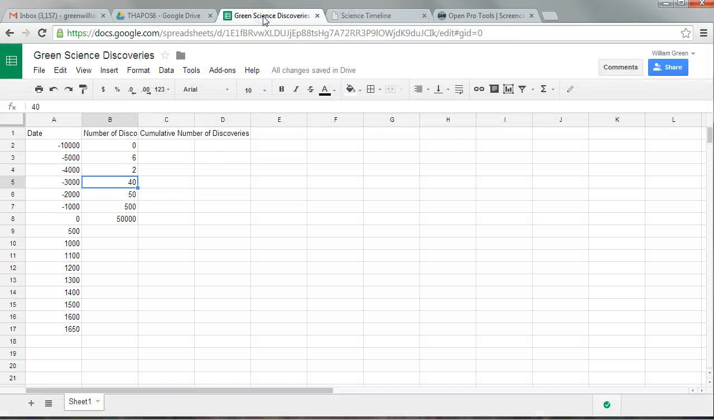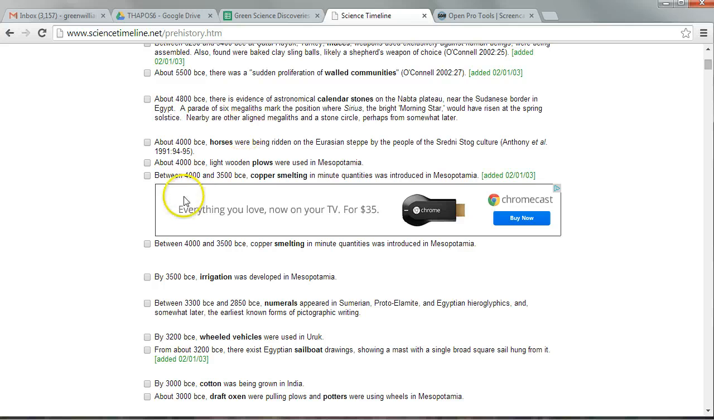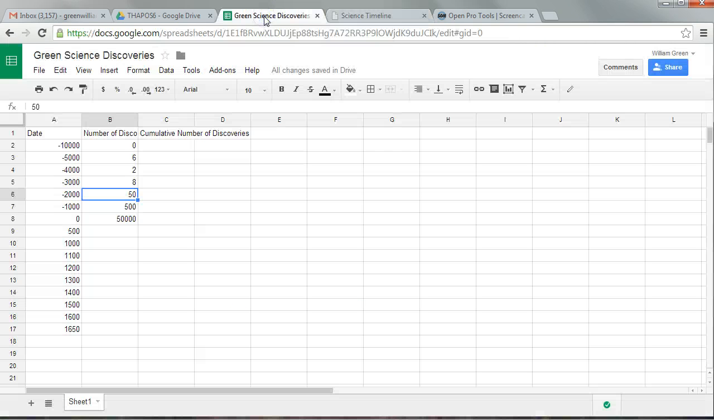Okay. Notice how these numbers work. Notice how they're actually getting smaller. That's because this is the number of years before a certain time, before the year 0. All right, and now I'm just going to throw some things in here. I'm going to make up some numbers,